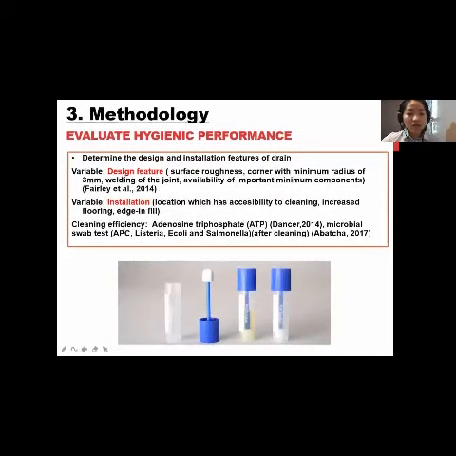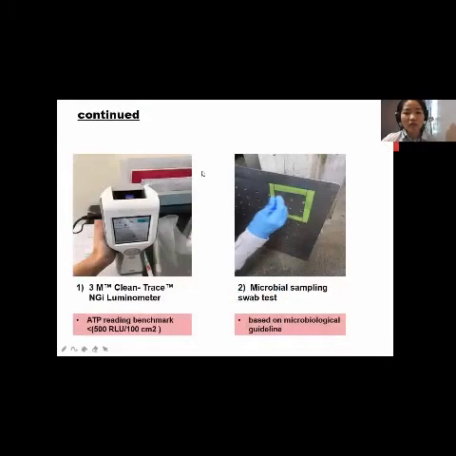And I study the design and installation features of the current drain to evaluate its hygienic performance. And then how I measure the hygienic performance of the current drain: I use two methods, which is using the ATP illuminator to measure the presence of organic matter. And I conduct swab tests also